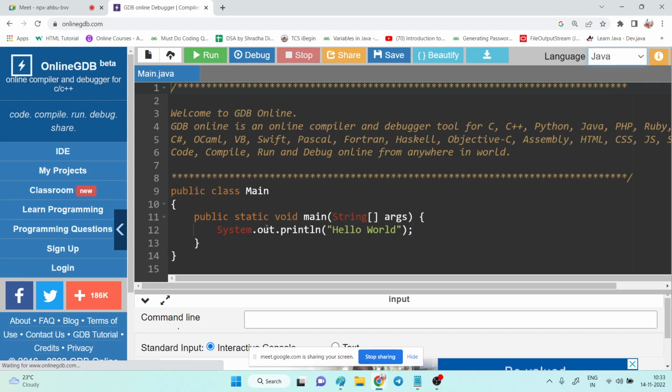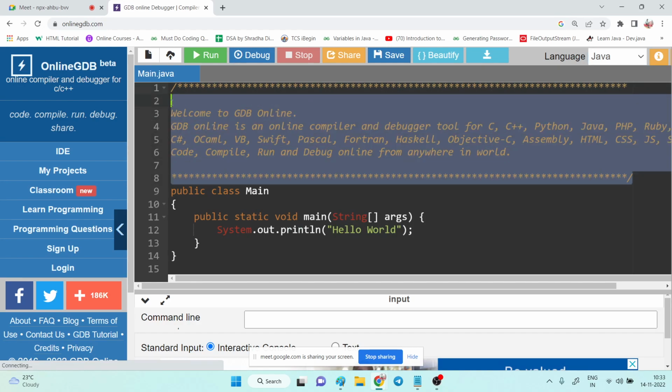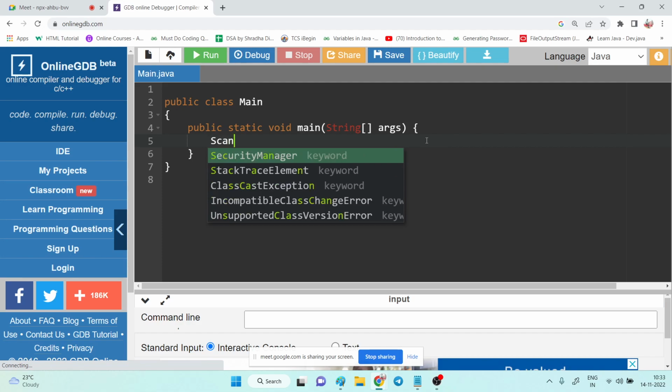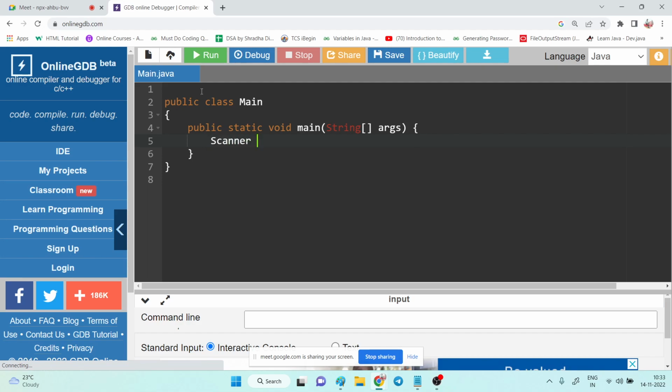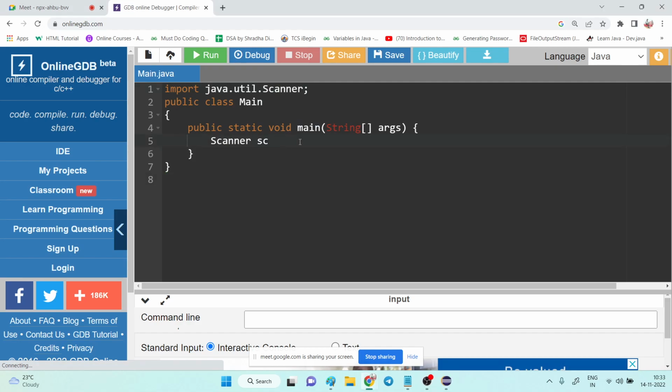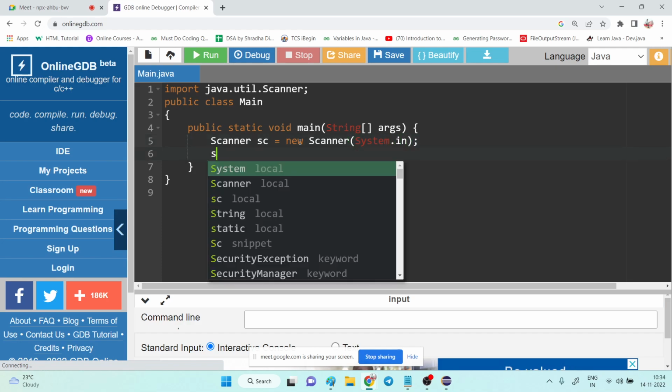Okay, see here. What is my first thing? I have to print hello world as many times as the user enters. First I am taking a scanner, to take the input from the user. Scanner sc is equal to new Scanner(System.in). Now I have to ask the user